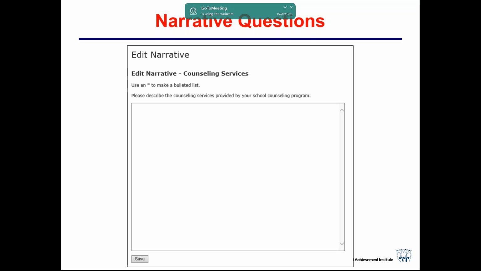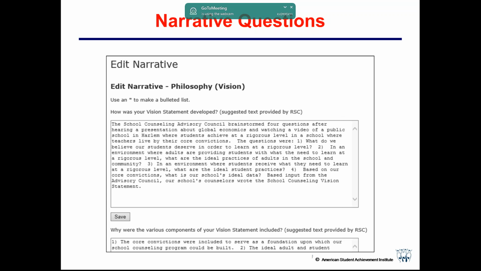Okay, then on some of the questions that are more process-based, I think that I know what the answer is. So on some of the questions, I took a stab at the answer on your behalf. For example, there's a question that ASCA wants to know about how your vision statement was developed.